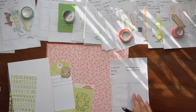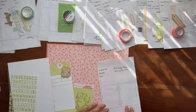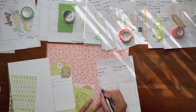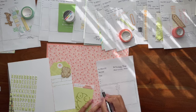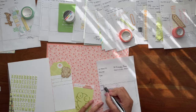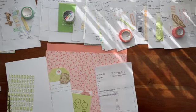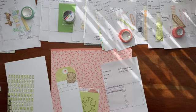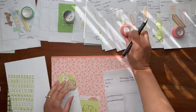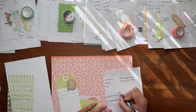Now I'm going to start working on the Froggy Legs story. And what I've done is I went into my stash to find some papers that I thought complemented the tones and the colors in this kit. I want to use those lime green alphas for my title that says Froggy Legs. And I want those to be on white cardstock so that the letters pop up off the page. But I also wanted to create more visual interest. I don't want just the alpha stickers on top of a white cardstock,